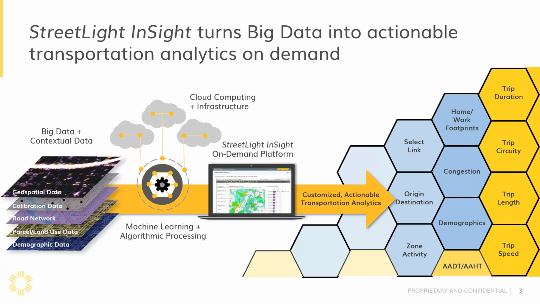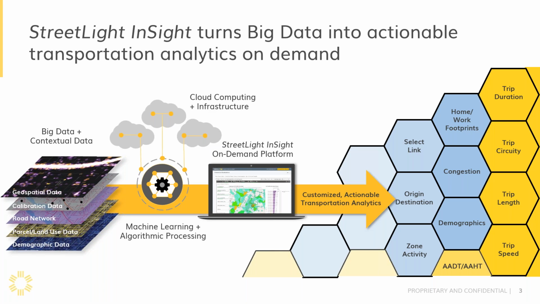And then we use cloud computing and machine learning to determine where those trips are going, the attributes of those trips, how they're distributed spatially within a city, all in a web application that you can access through a web browser, and then turn that into the type of analysis that you would see if you're a planner or engineer